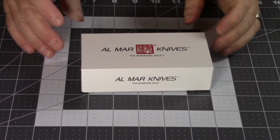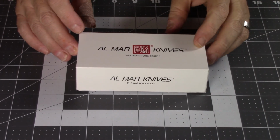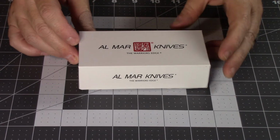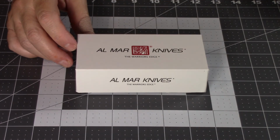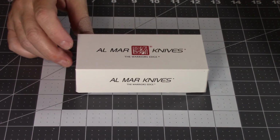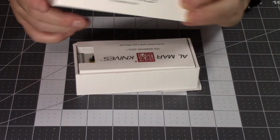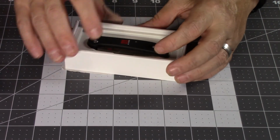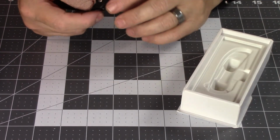We are here to look at an Almar knife. I've always been a fan of Almar designs and their knives, and go back and check some of my previous videos. I have done a couple others, and what we got here today is the Almar Ultralight Talon Series Hawk,